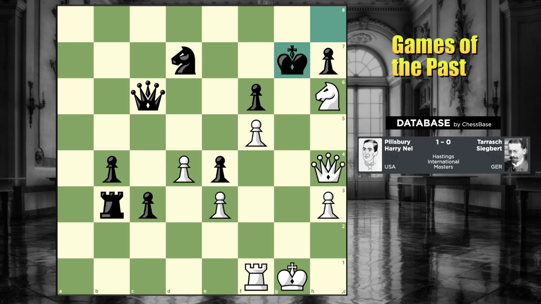Oh, queen g3 check is what he played. A spectacular stroke, which black must have overlooked. Okay, check. So, did he take the knight? He did. I mean, if you don't take the knight,